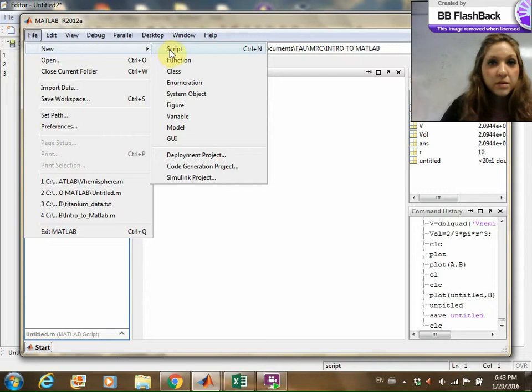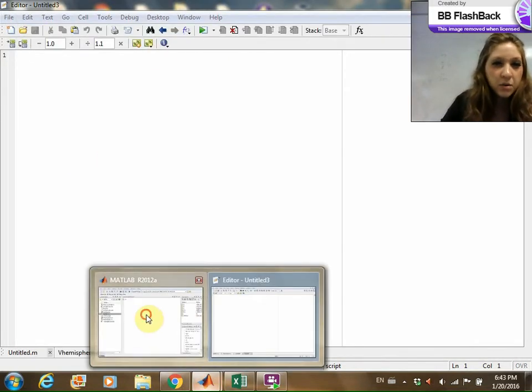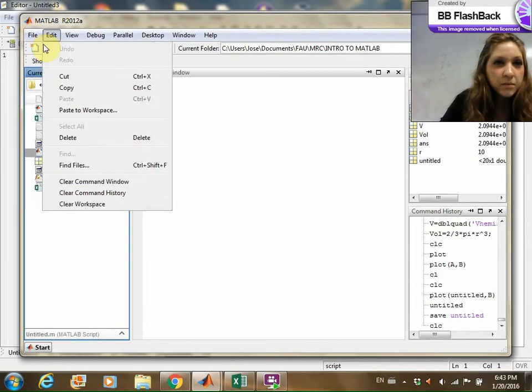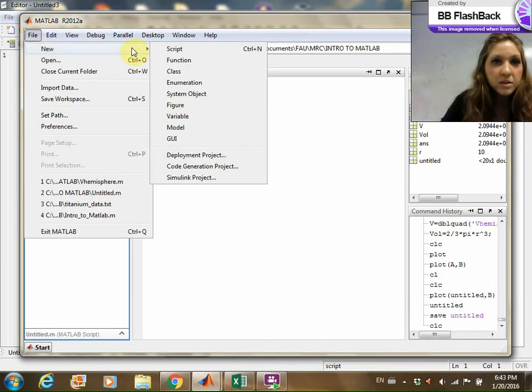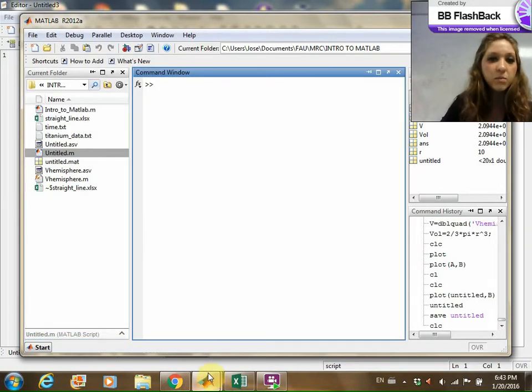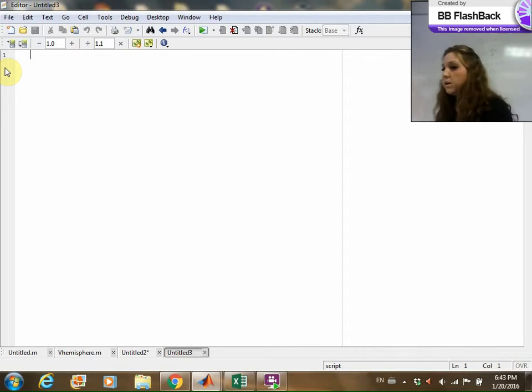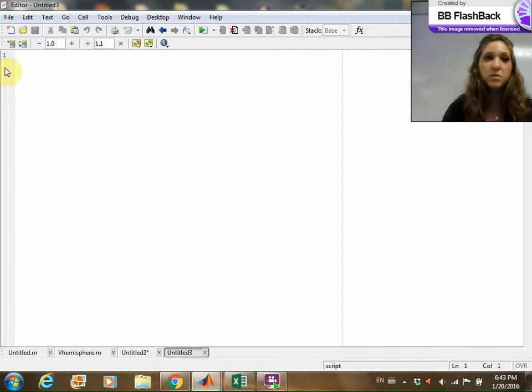So the first one is what we'll primarily be using. It's the script, and then you can also go to the drop down and you can create other things such as functions, classes, GUIs, models, all sorts of other things. But for this session of Matlab, we'll primarily be using the script. So just a little bit about Matlab. The way it works is you type your code in the script and then you run it through the command window. So a few of the commands that we generally use at the beginning of our Matlab code are